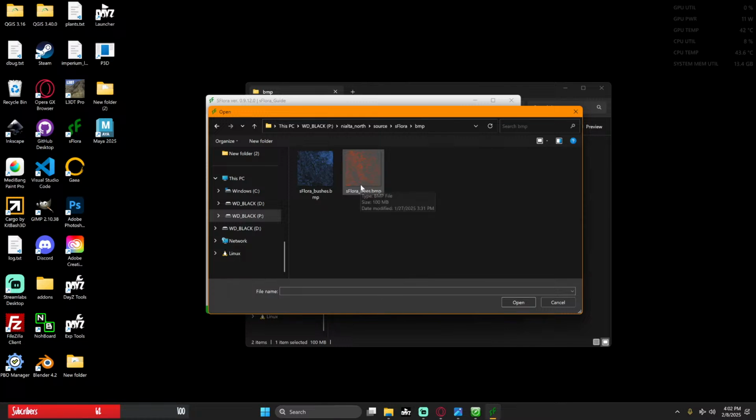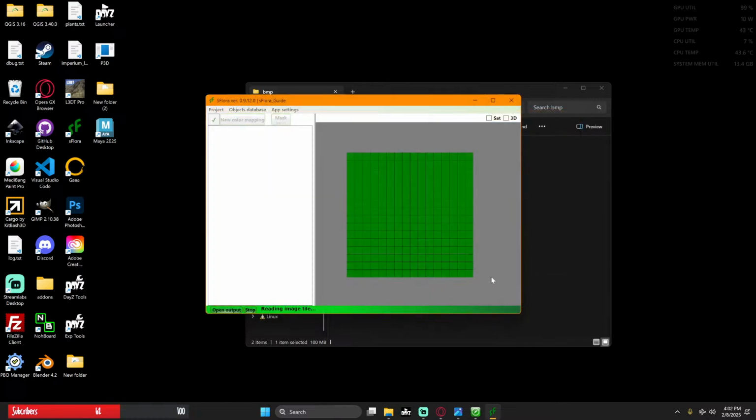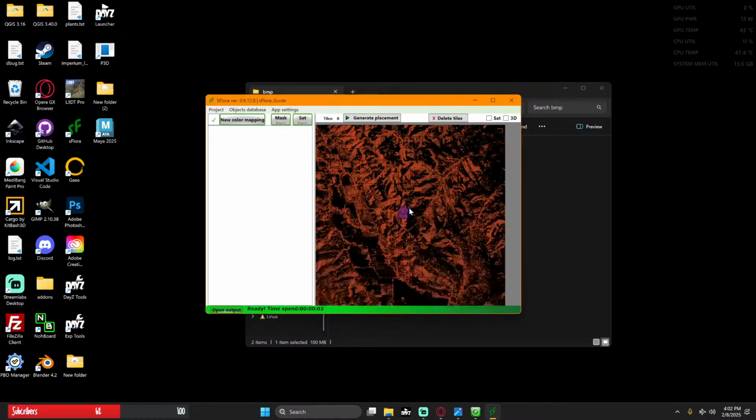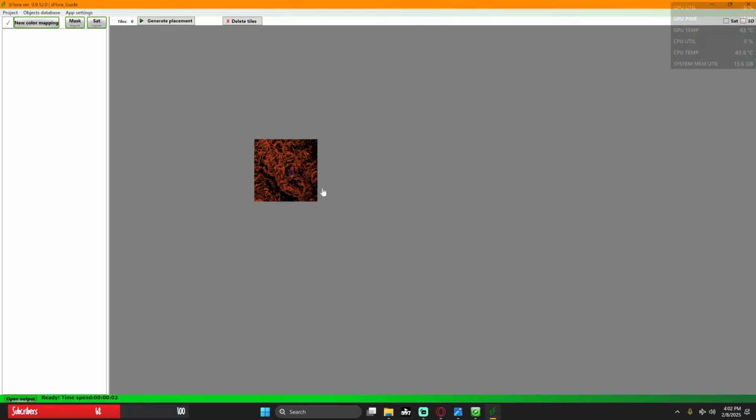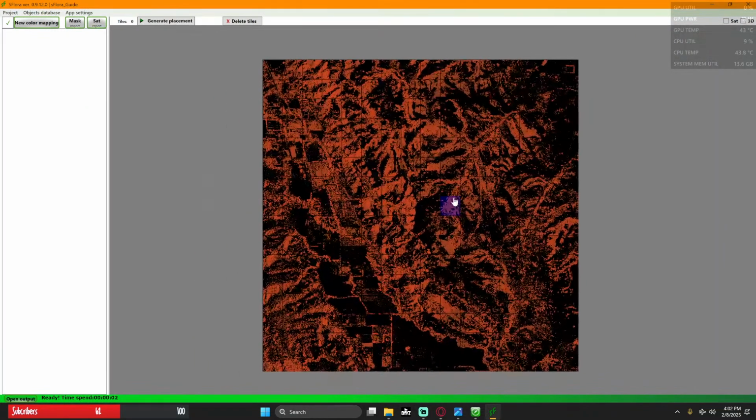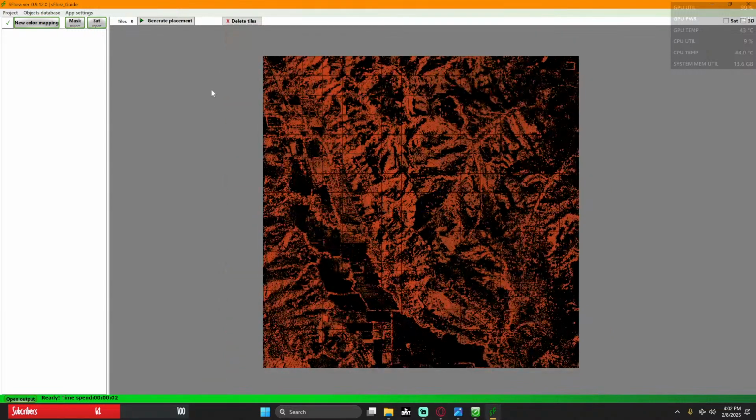So we'll grab the tree ones first. This is going to bring in the image. This might not be the best example, but it'll work. So now that we have this mask imported into here,